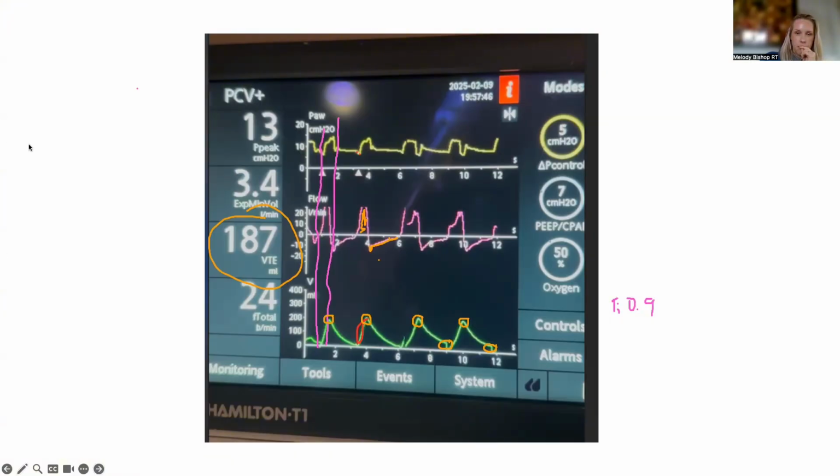So what that looks like is if you go into expiration, you get this deflection up because the patient's trying to breathe in. Now there's varying degrees. This is mild, this is moderate. The most severe would be if the patient then triggers the ventilator again. We call that a double trigger, right, Melody? But the first breath is patient triggered. Reverse trigger is when you have this pattern, but the first breath is machine triggered.